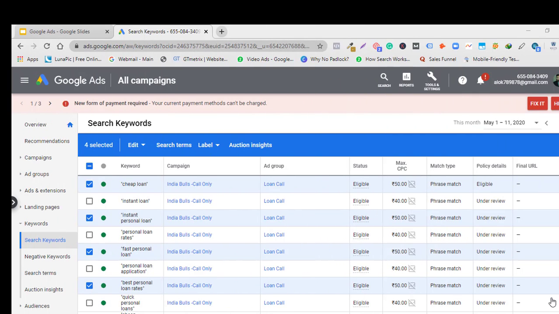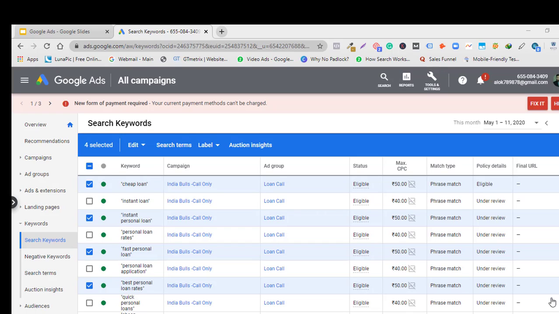So to summarize, manual CPC is a bidding strategy wherein you set the maximum amount that you wish to pay per click. You might set this as a bidding strategy in the initial stages of setting up the account and running it. However, when time goes by and you have a lot of conversion data coming in, it is best to migrate to an automated bidding strategy. In the initial stages, since it does not require any conversion data and you can easily start off your campaign with this bidding strategy, you can go ahead and use it.